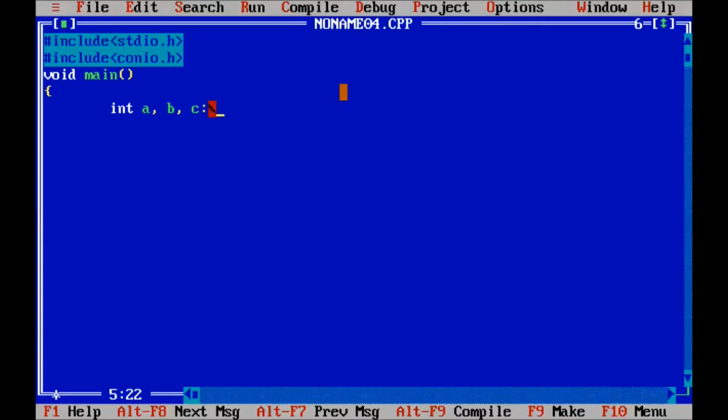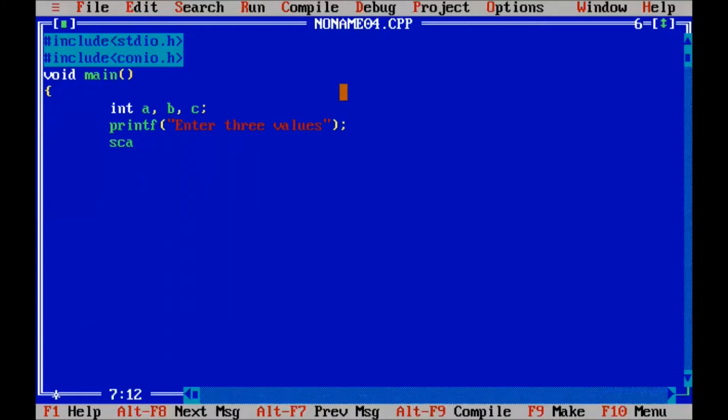Here we print some message, printf, enter three values. So this is a simple message to enter three values. Here we scan, which means we store three values.